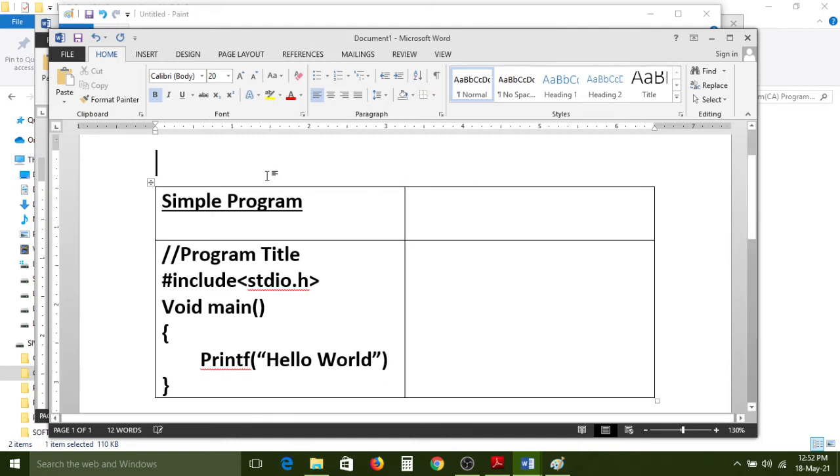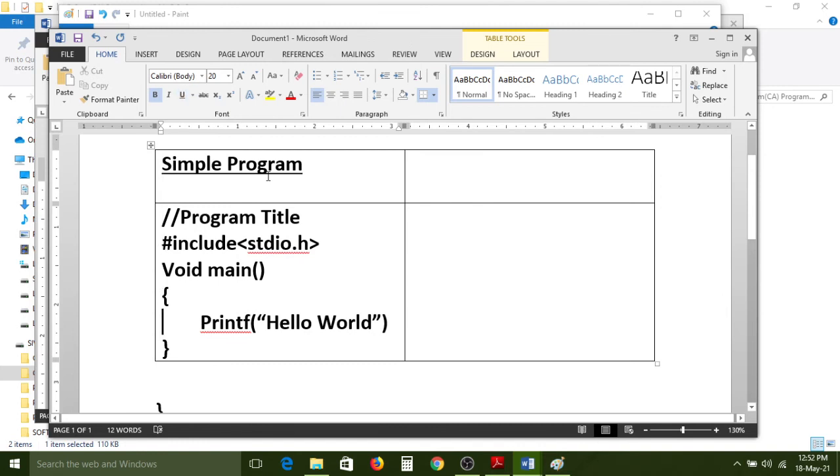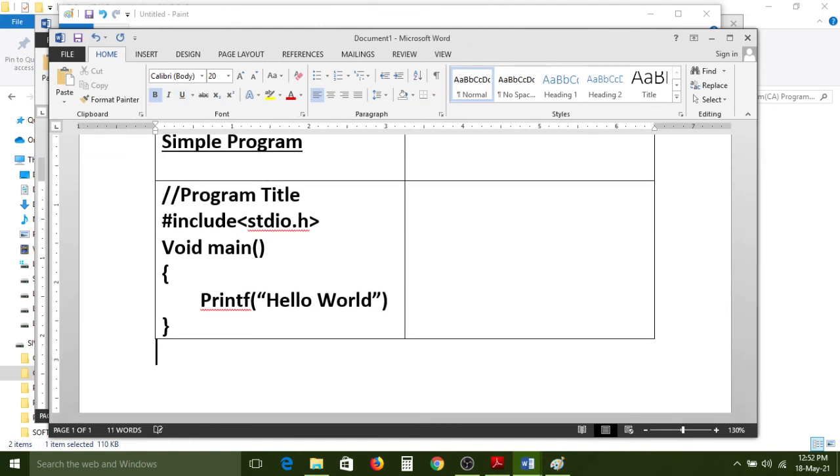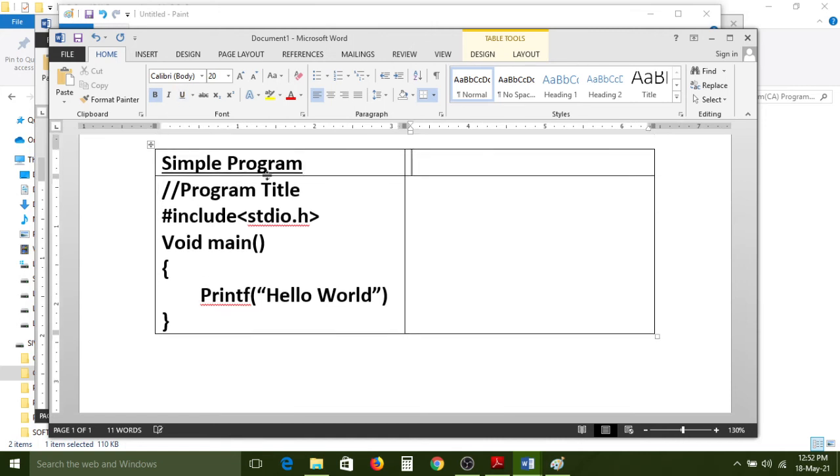All of you carefully observe what I am telling. This program equals this algorithm. So how will they design that algorithm based on this program? Simple program algorithm.